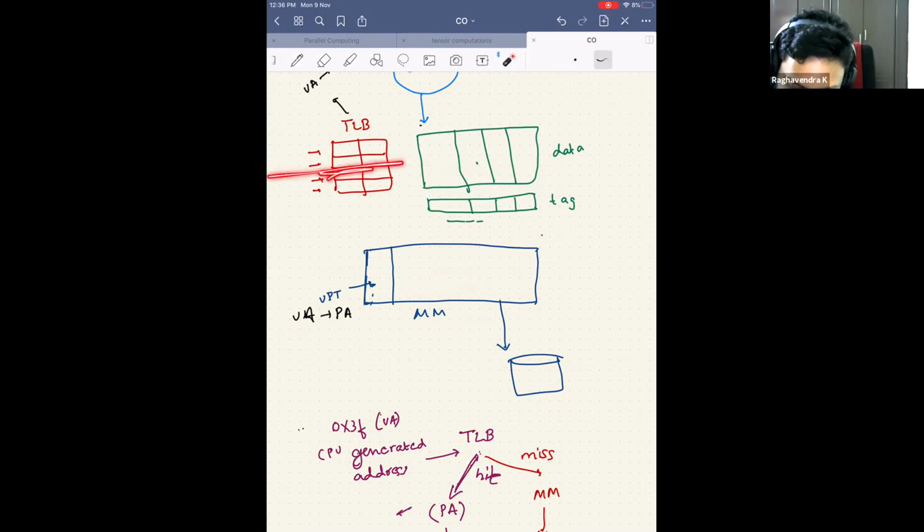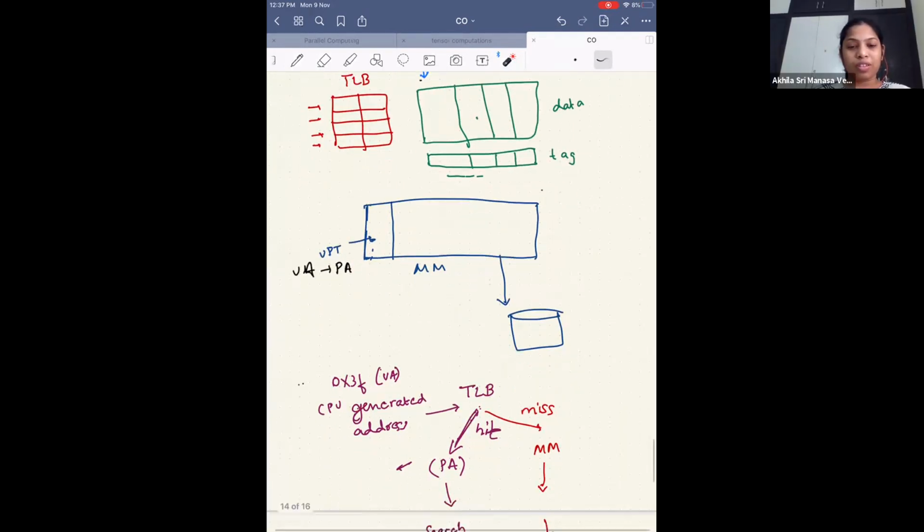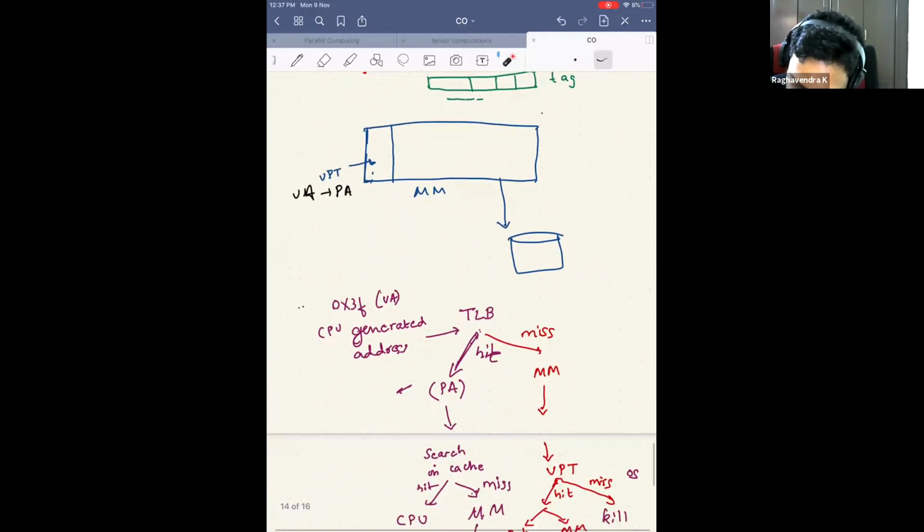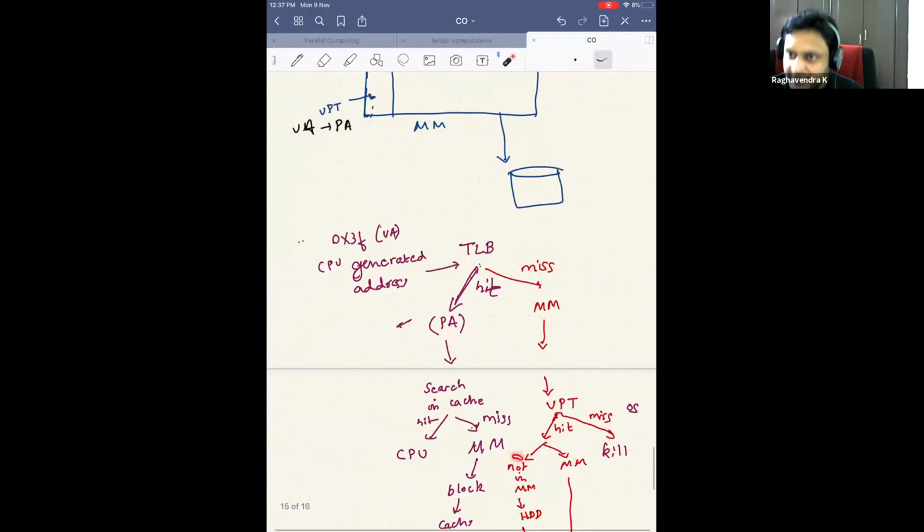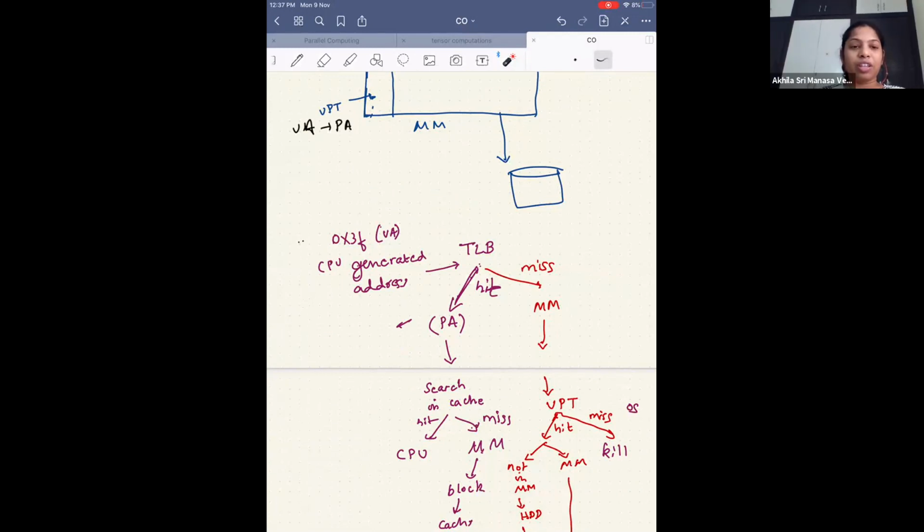So there's a miss in the TLB. There's a miss in the virtual page table. Then are you sure that it will be in the main memory? Or is there a chance that it can be in main memory? When I say miss, I am talking about this miss, not in the main memory. I mean, I saw that there's a translation, but the translation tells me that it is in the hard disk. So can it also be in the main memory?